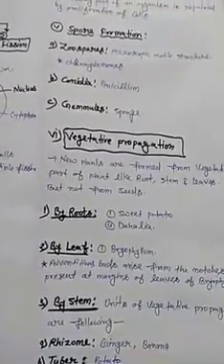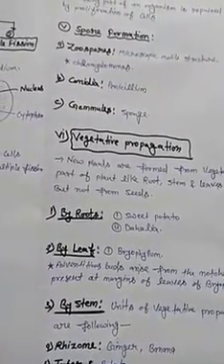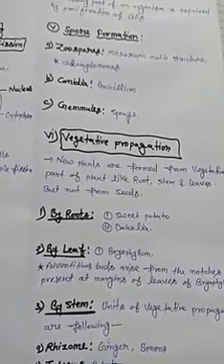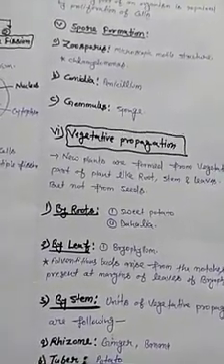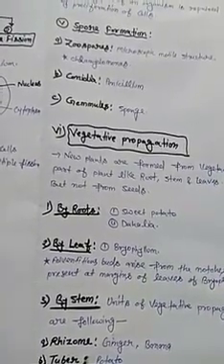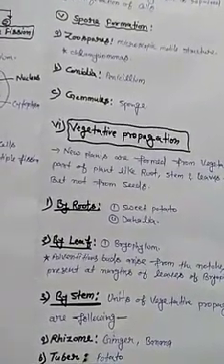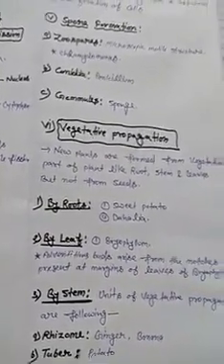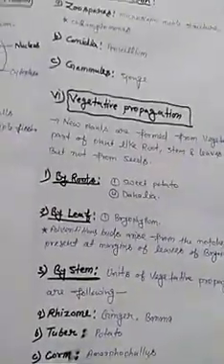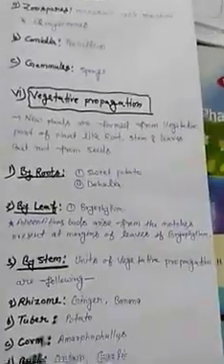Next is spore formation. 3 types of spore formation: zoospore, conidia and gemmule. Zoospores are microscopic motile structures with 1 or 2 flagella. Example: Chlamydomonas. Conidia is an asexual non-motile spore. Example is Penicillium. Gemmule is the internal bud and simple budding is the external bud. Example of budding is yeast and hydra and example of gemmule is sponge.